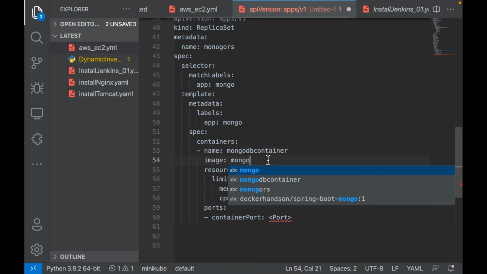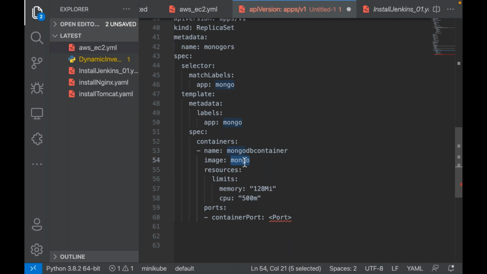From which image? This image. From where will this image be pulled, and what version of the image will be pulled? It will pull the latest image from Docker Hub.